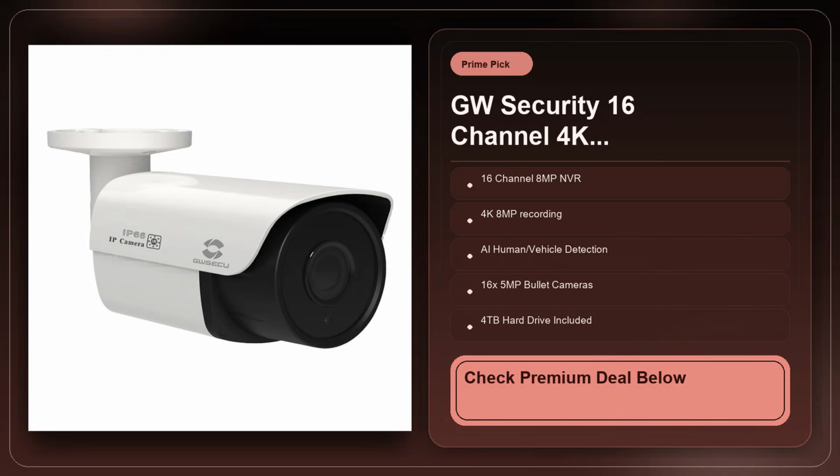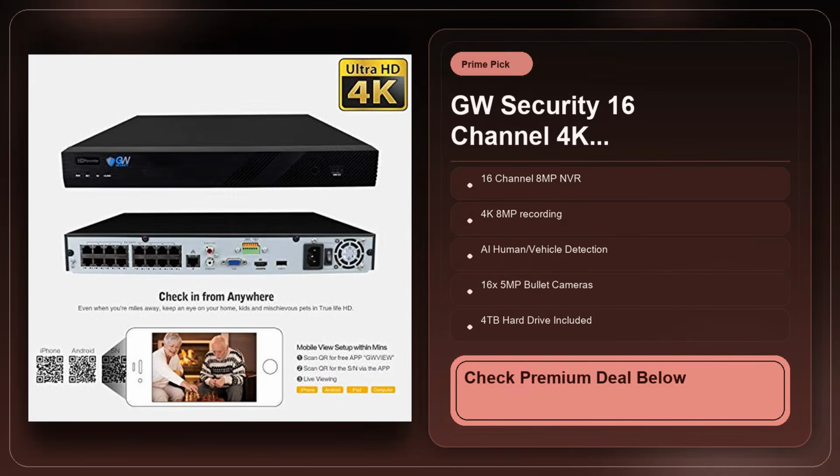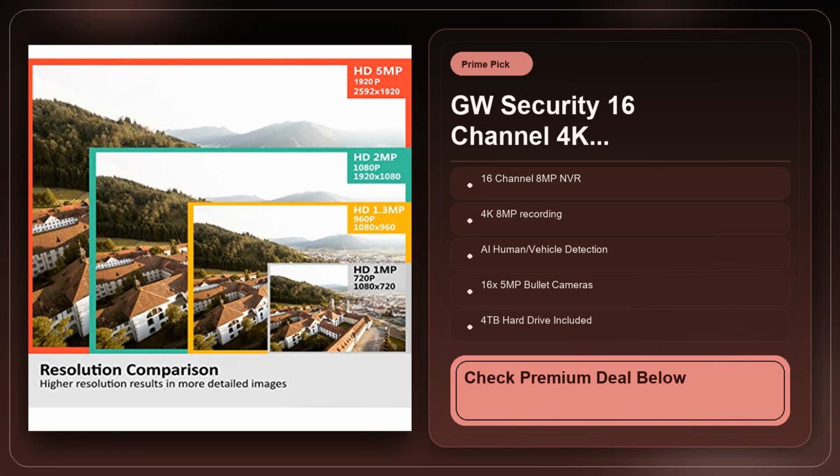Another point to consider is the lack of a true battery backup. Because the cameras are PoE, they rely on your router and switch staying up. If you experience a power outage and don't have a UPS hooked to the NVR, the